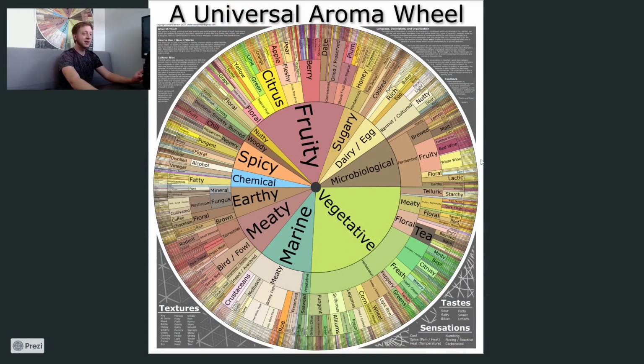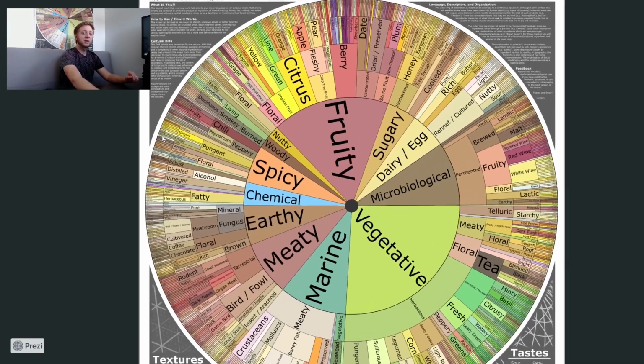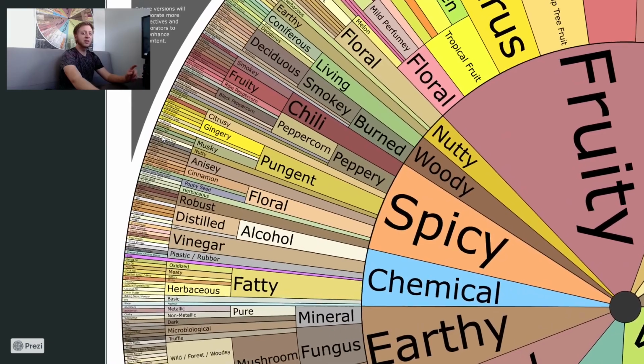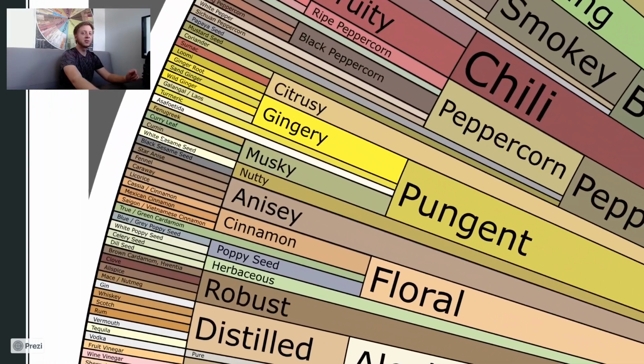We can see that its organization is in concentric rings that represent categories, each containing whatever lies outside them. The closer you are to the center, the more broad the categories become, and as you get to the outside, there are specific aromas or identifiers. It's also meant to be arranged in a general spectrum, with each identifier being similar in some way to the